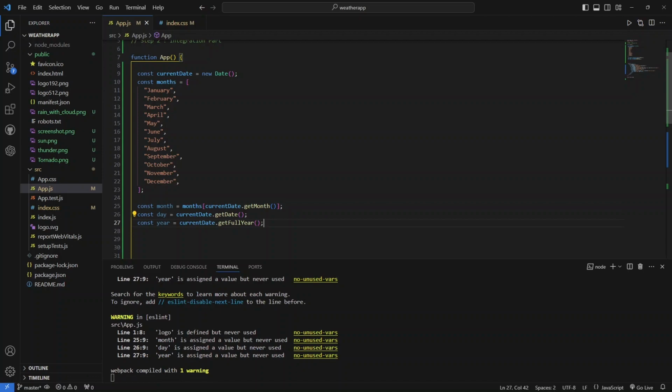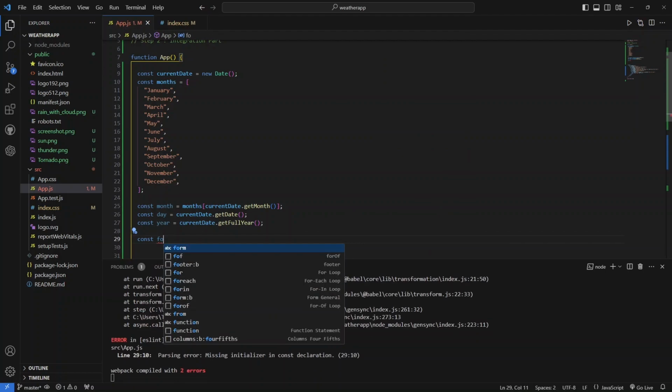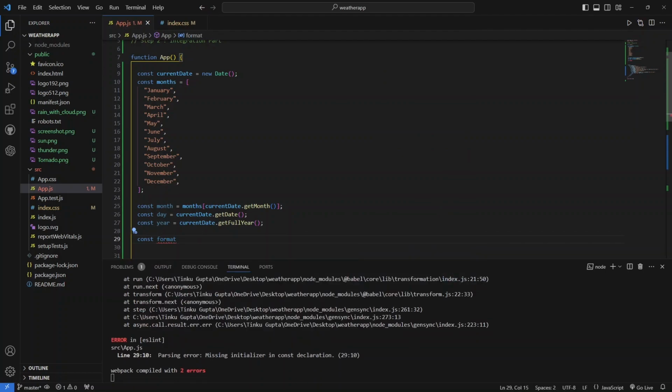Now we have three values: month, day, and year. Again, we have to combine all these three variables. How can we combine? So let's make a variable with the name of formatted date, as you can see. Okay, so we can make it as date equal to,